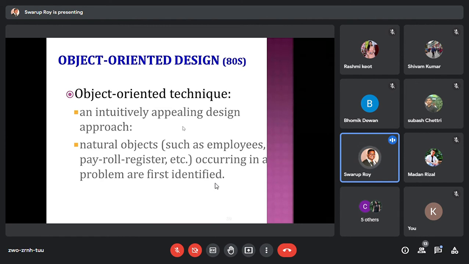Now, as I mentioned, the recent thing, and it is still going on, is object-oriented design, and there are so many good tools available for designing with the object-oriented technique, because object-oriented software development is inbuilt for handling very complex problems.